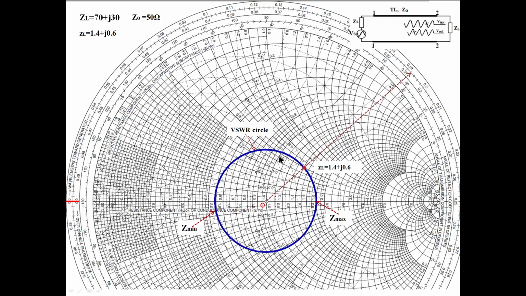A complete circle means a lambda by 2 distance. The distances may be 0.1 lambda, 0.2 lambda, 0.3 lambda, like this. If you complete this, it is 0.5 lambda. This is the starting point, 0, and if you come to half the circle, the value here is 0.25 lambda. It is correct, because the full circle is a 0.5 lambda distance, that is lambda by 2.